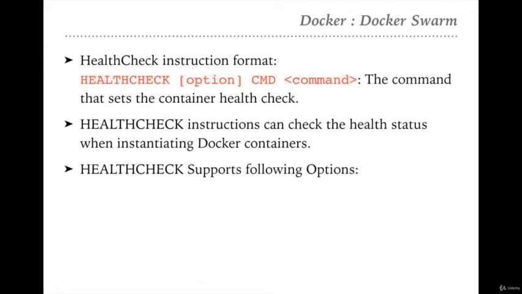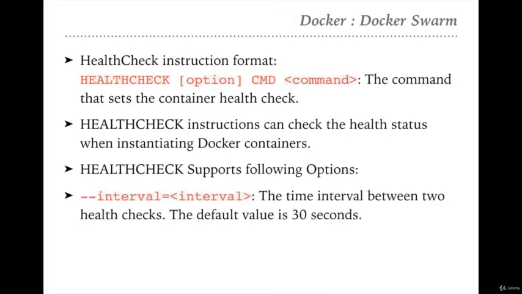So over here we have seen that the health check has some options. Basically these options are available with the health check to modify the health check configuration. If you want to modify the interval of the health check, you can use hyphen hyphen interval, the time interval between two health checks, right? By default the value is 30 seconds. So if you don't choose the interval, then by default the interval between two consecutive health checks is 30 seconds. If you want, you can specify these values in terms of seconds.